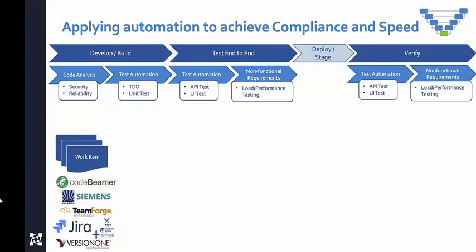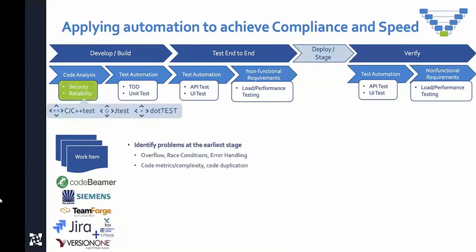The first phase of my software development pipeline is going to be around, obviously, development of code itself. And here, what we want to do is build quality into the application from the start. We're going to talk a lot about testing today. We're going to show you examples around unit testing for C and C++ code, but testing itself doesn't build quality